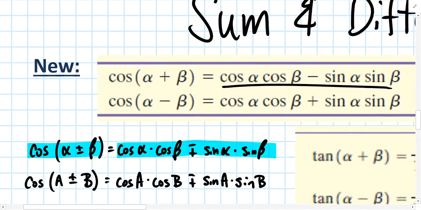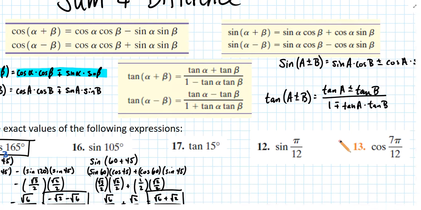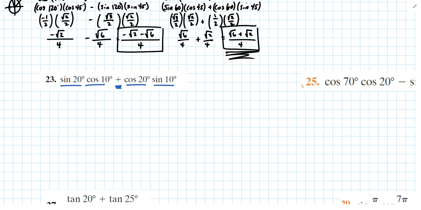And if I look through my sum and difference identities, it looks to me like we're operating with the sum identity for sine. We've got sine of alpha times cosine beta plus cosine alpha sine beta. So if this is the sum identity for sine, then what we're really saying here is that we've got sine